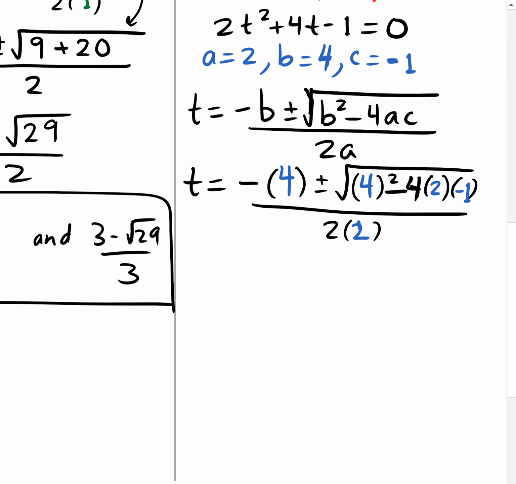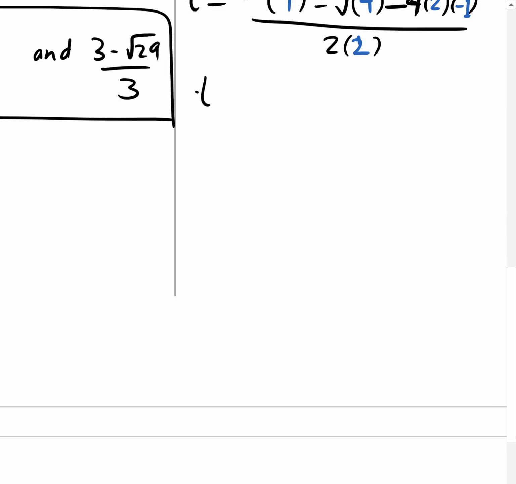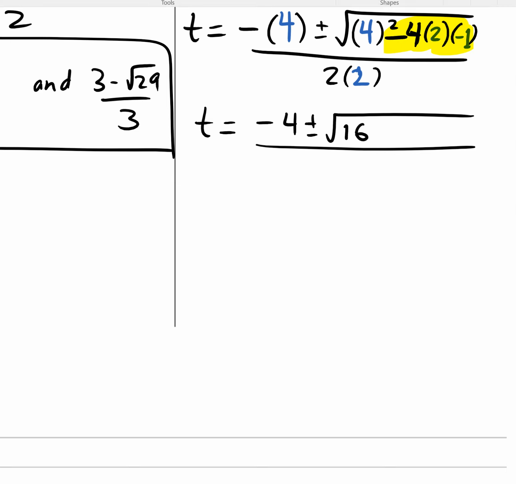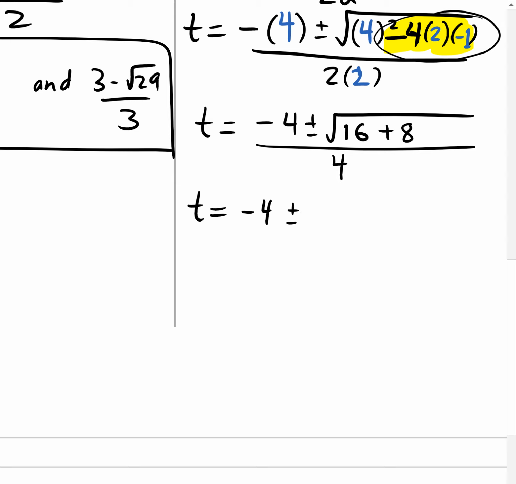Alright, now it's just a matter of simplifying this guy. What'll I get there? Negative 4 plus or minus the square root of, let's see, 4 squared is 16. And then here you have negative 4 times 2, that's negative 8, but negative 8 times negative 1 is positive 8. So it'd be 16 plus 8. So I think that's where people make a lot of mistakes. They'll put a minus there, but really it's a negative times a negative, so it's a positive. So we got t equals negative 4 plus or minus, let's see, 16 and 8 is 24, I believe,